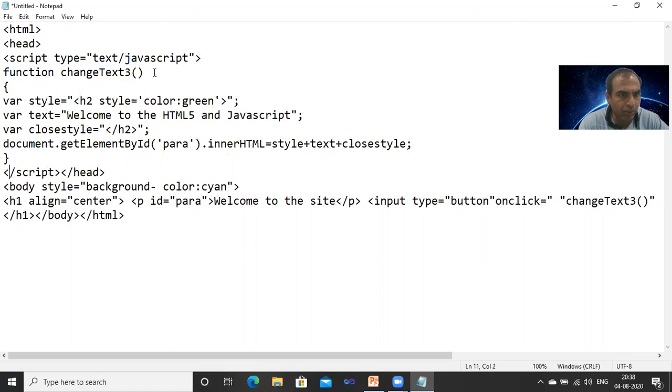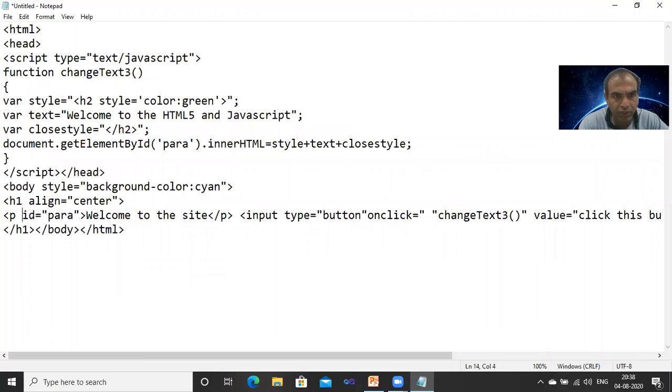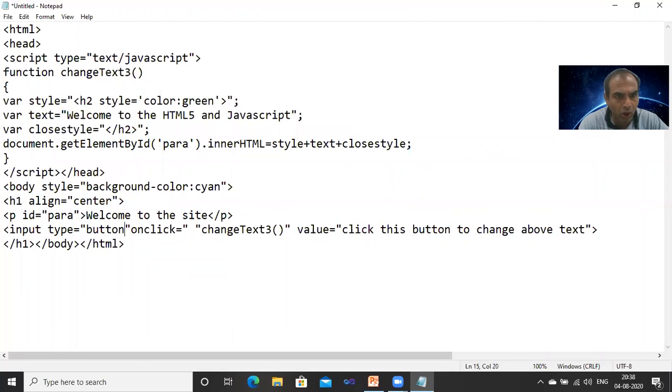After that, script tag is closed, head is closed, body. Inside that, style they declare, don't leave the space after the minus sign also. Property, it doesn't have any space. After that heading, paragraph is written. Then input type button, in onclick there is no space after quotes. It is onclick. Okay, onclick is the event that will happen. And here changeText is a method name, and then value is equal to okay.